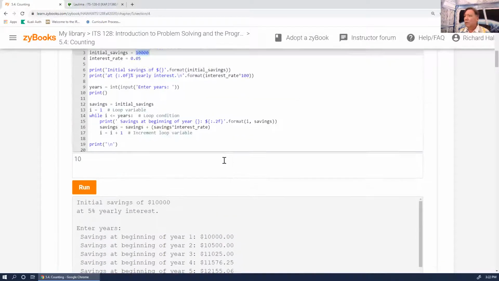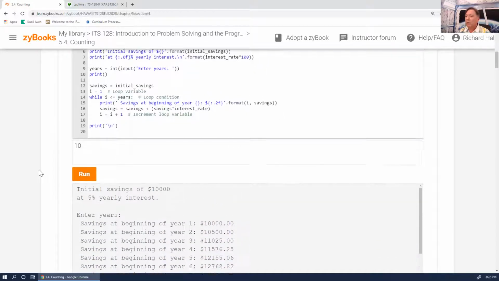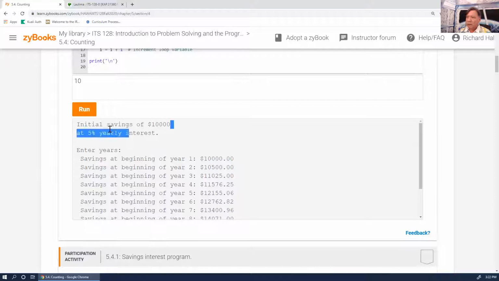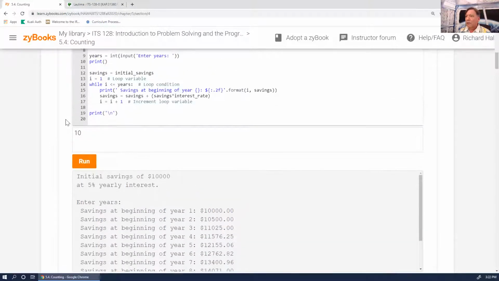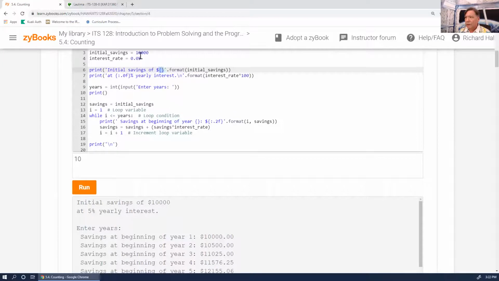Savings at, we have the, where does it say? Oh. We started by doing this. We display this out. And so that is the initial savings, what, $10,000 at whatever this is, 5 and 0 digits to the right of the decimal point, but we're doing